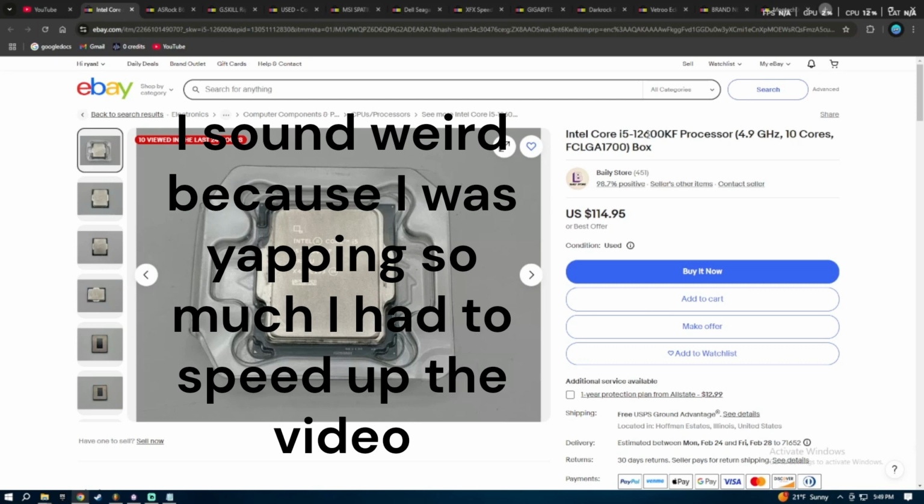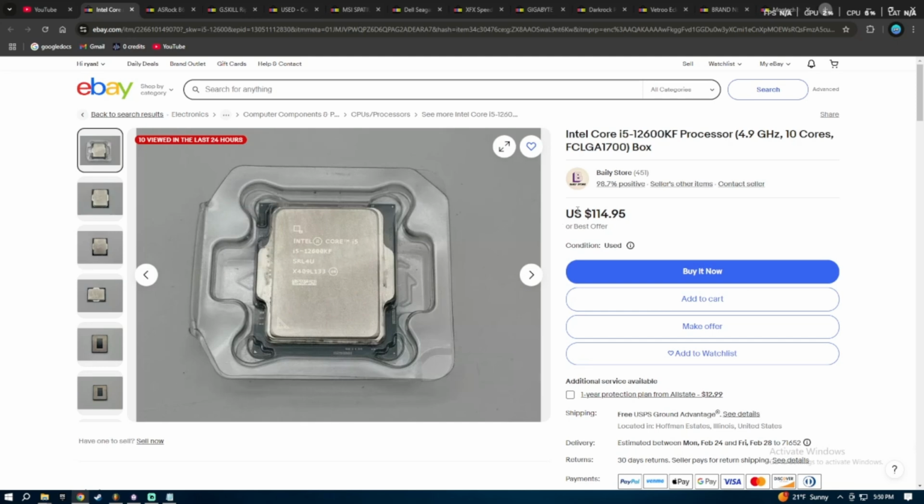The i5 12600KF. That's what I have in my system right now. And coming from an i7 8700, it is a massive upgrade. Now I say, you know, you could go AMD, but I was doing some research. Like I was gonna do a Ryzen 5 5600, but you're gonna save like $10, and I feel like Intel